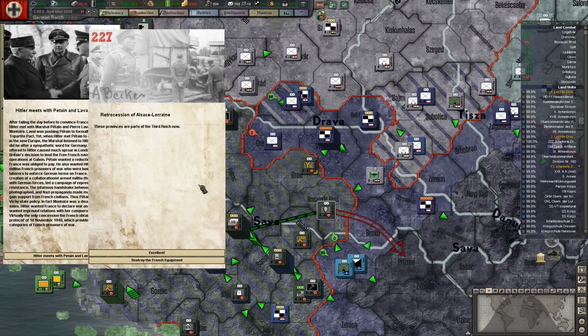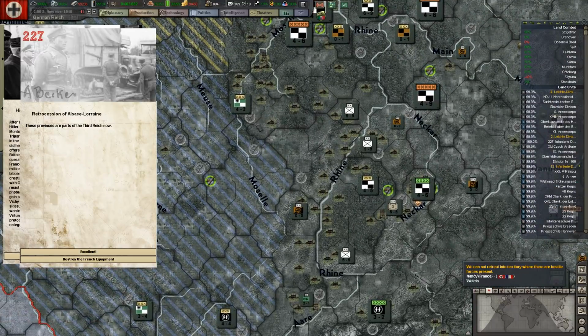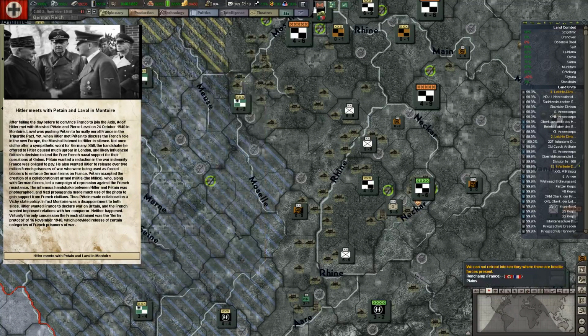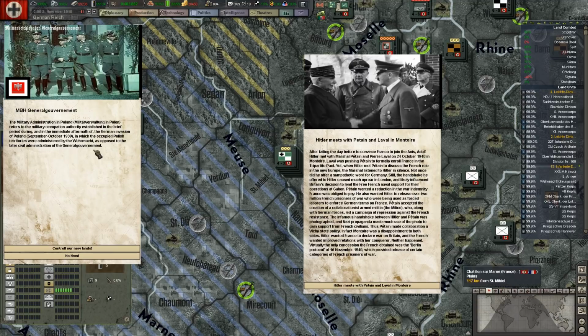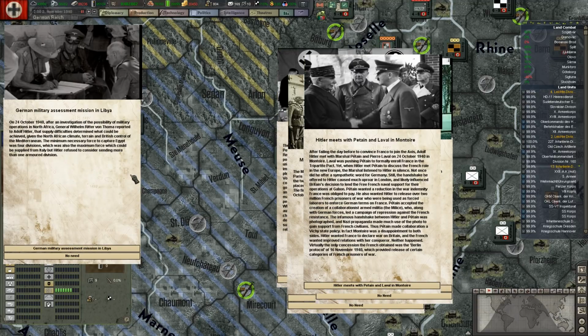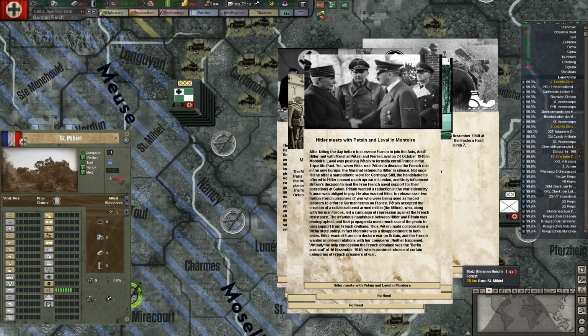Retrocession of Alsace-Lorraine. These provinces will be part of the Third Reich now, though they've already, for some event reason, gotten over to us, it looks like. But, oh well, this is the destroy equipment. No, we want the equipment. Okay, good. That, there. That's all these things. Boy, a bunch of stuff. Oh boy, even more stuff. Got a lot to talk about here. Get them out of the way to look here, but